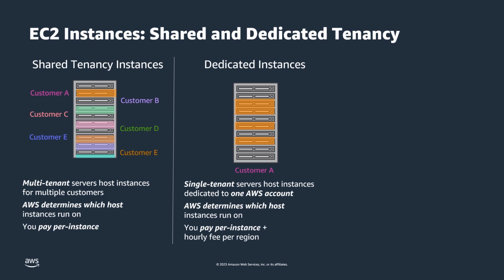Dedicated instances are single tenant and they're dedicated to one AWS account. When one AWS account is using a dedicated instance, they are the only account on that server at that time. It is dedicated to one account. In this environment, AWS again handles placement, and customers pay per instance with an hourly fee per region. The hourly fee is specific to dedicated instances, and it is $2 per account per hour per region. It does not matter how many instances are running. If a customer is running 2 instances or 200 instances in one account in one region, the fee is the same,